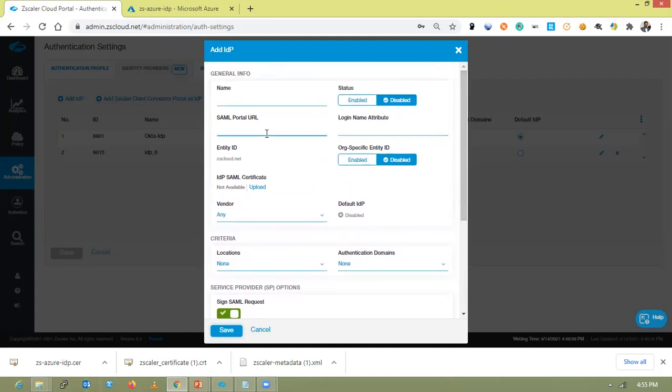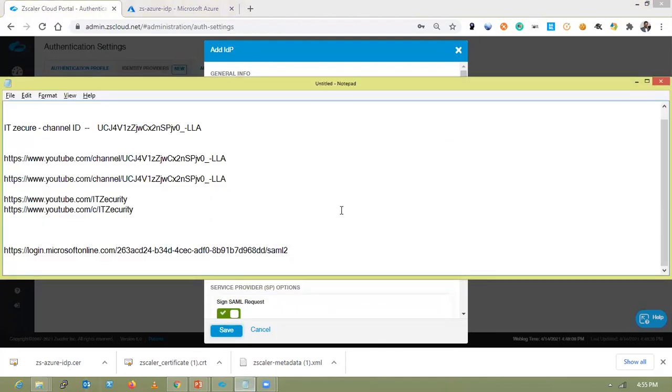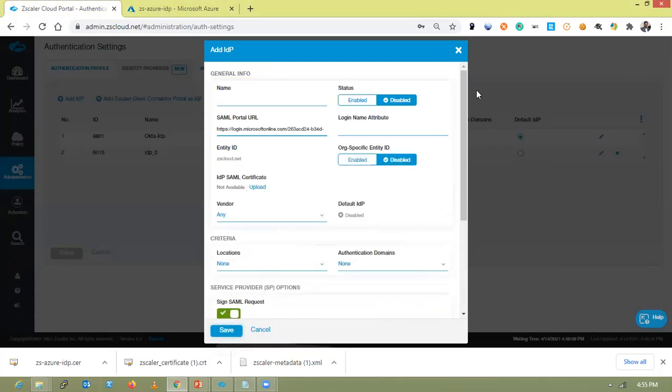SAML portal URL will be the one which we copied under configuration URL, and we can name it Azure IDP and enable the status. Login name attribute will be name ID.